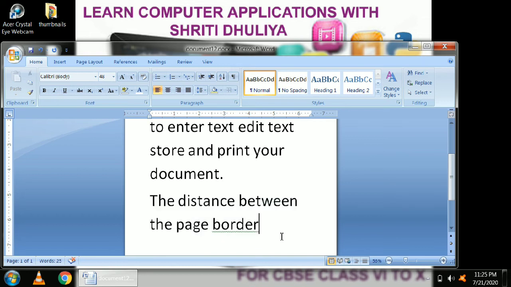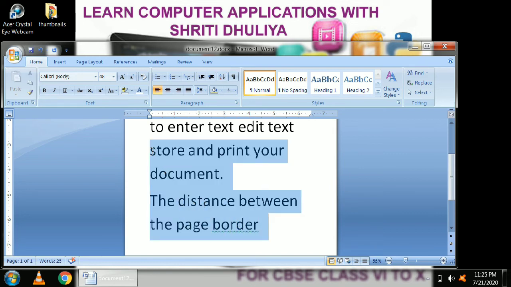Now, if you want a random selection, then you have to press left mouse button and move the mouse on the screen. Now you can select the text.